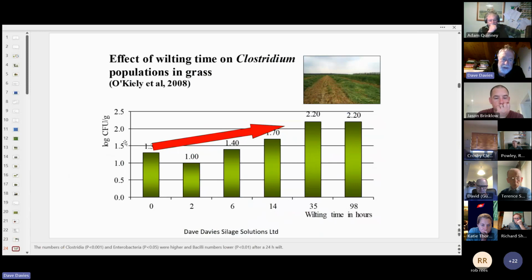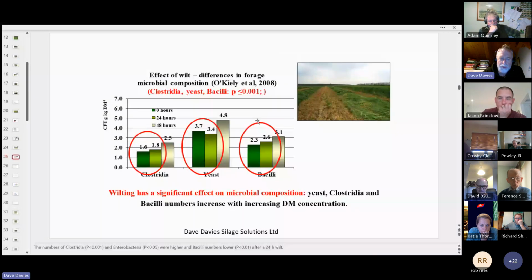Now, this is on a log scale, so going from 1 to 2 is actually a 10-fold increase. And we can see how the clostridial numbers are increasing, and there's a big increase when we go from 14 to 35 hours. Looking at some of the other populations, so we've got the Clostridia there, either at 0, 24 or 48-hour wilt, the yeasts and the bacilli. So if we focus on the Clostridia and the yeasts in particular, we can see a 48-hour wilt is having a 10-fold increase in the yeast population, and not quite a 10-fold increase, but not far off in the Clostridial